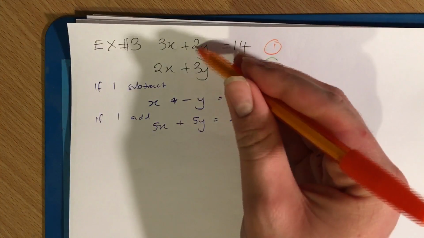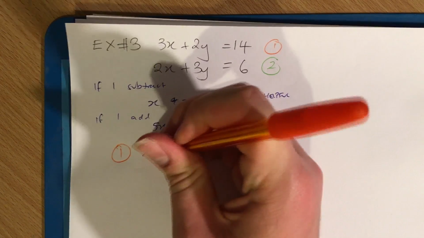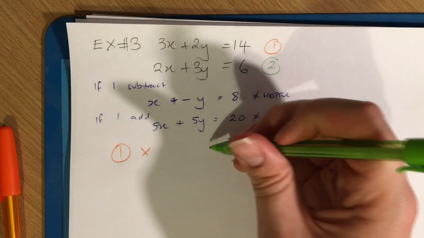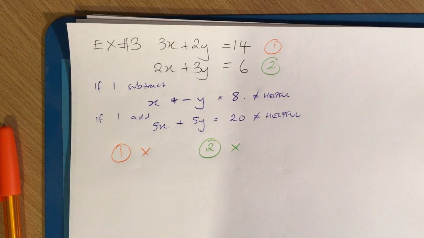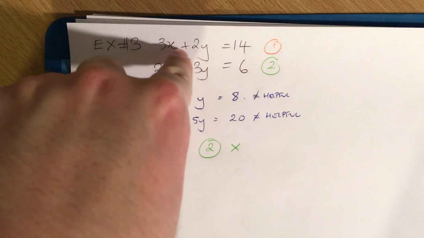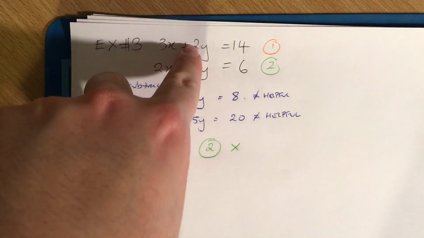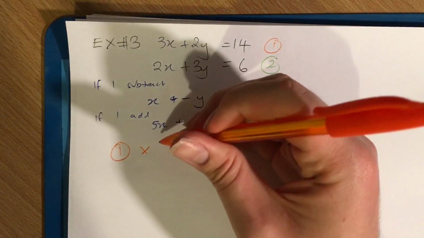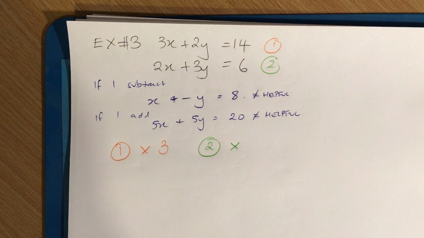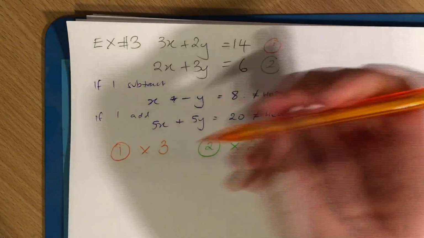So I'm going to try to make these the same number. I'm going to multiply equation 1 by a number, and multiply equation 2 by a number. What do you think I could multiply equation 1 by such that the y's would be equal to each other? What does the number 2 and 3 fit inside? Well, they fit inside 6. So what would happen if I multiplied equation 1 by 3, equation 2 by 2, I would get